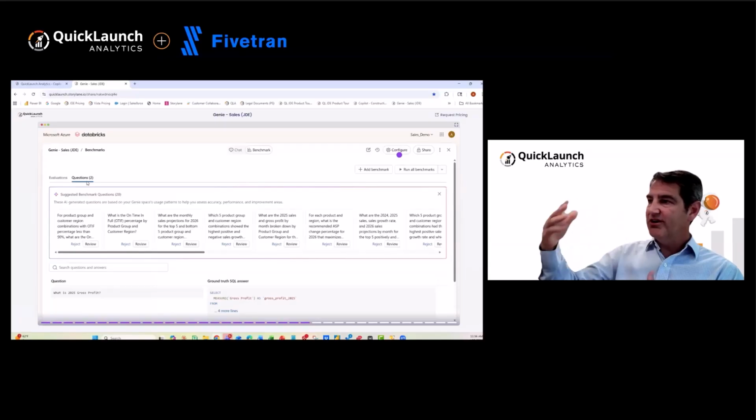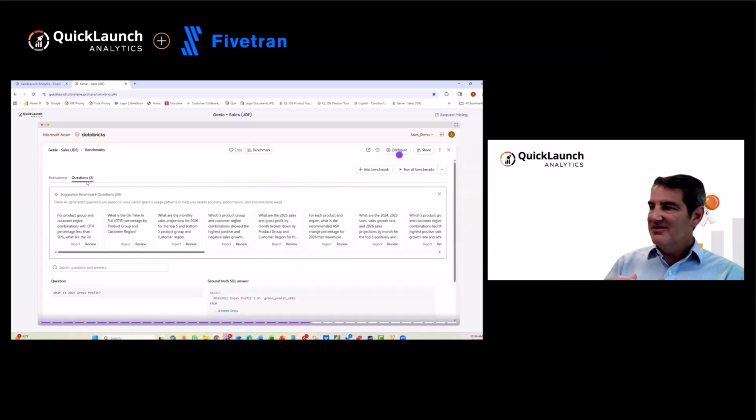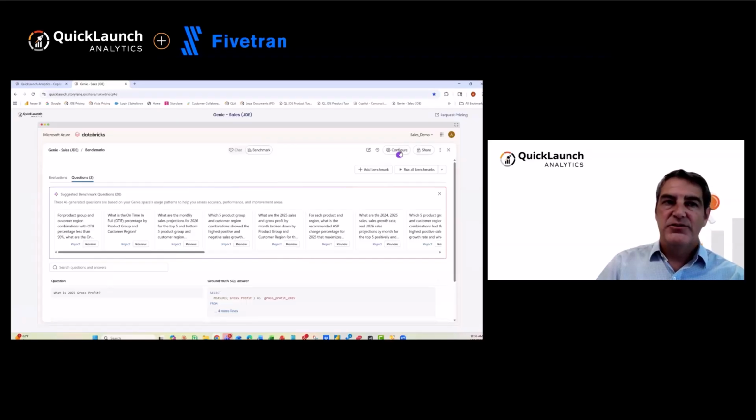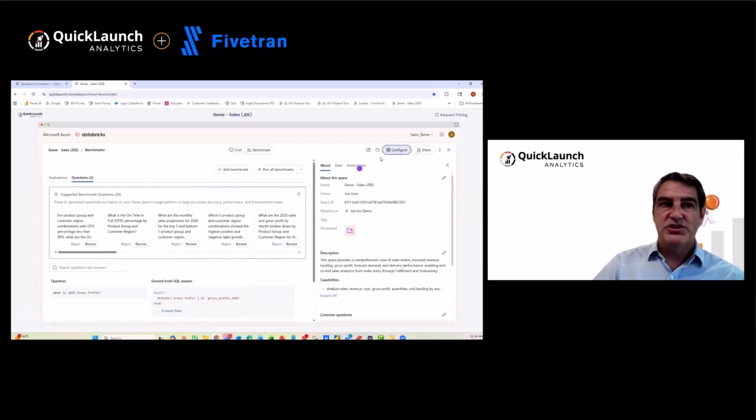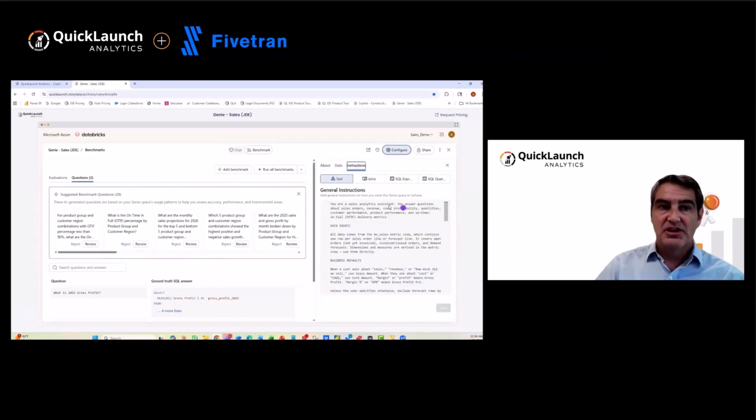So if you know you're going to get repeatability, then it would make sense to set some of those up, right? Not only maybe get the results a little faster, but you're also controlling some of what the users may be asking of the data. If you go to the configure on this Genie workspace and go to instructions, you can see